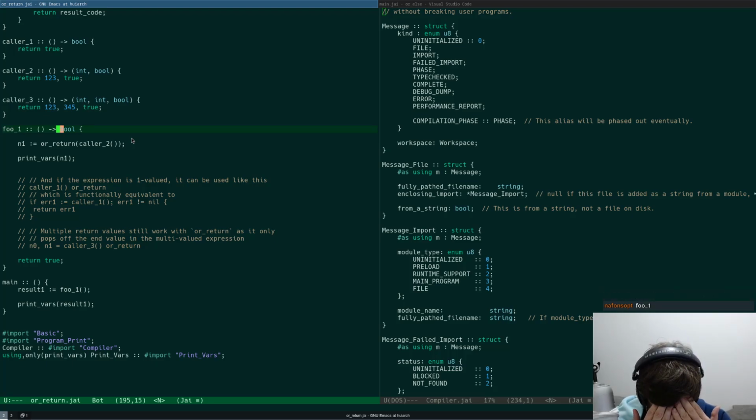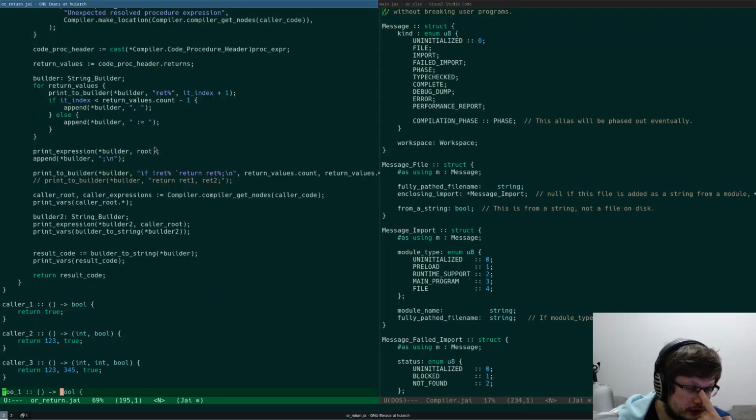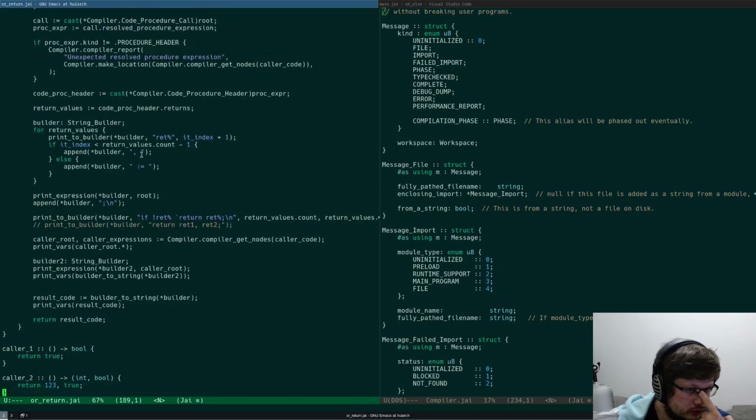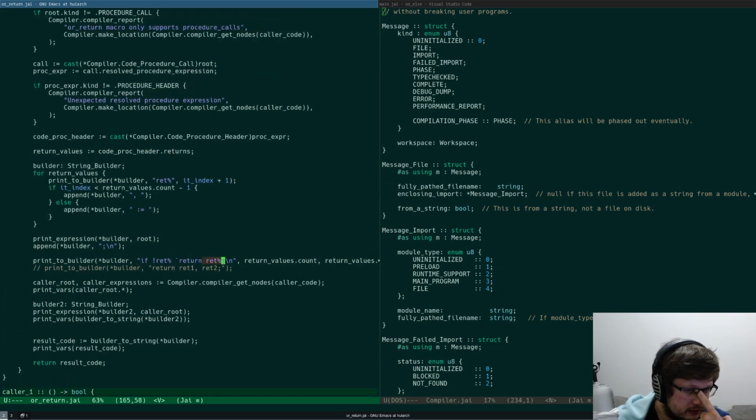Actually, wait. It's actually the opposite. I need a color location type here, I think, because this is an outer return.